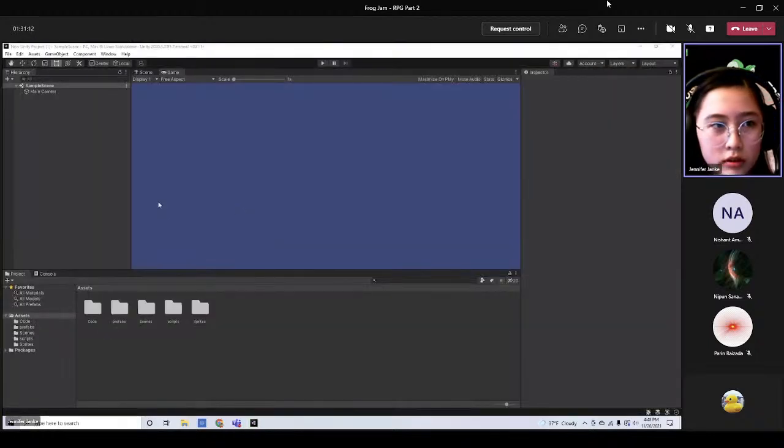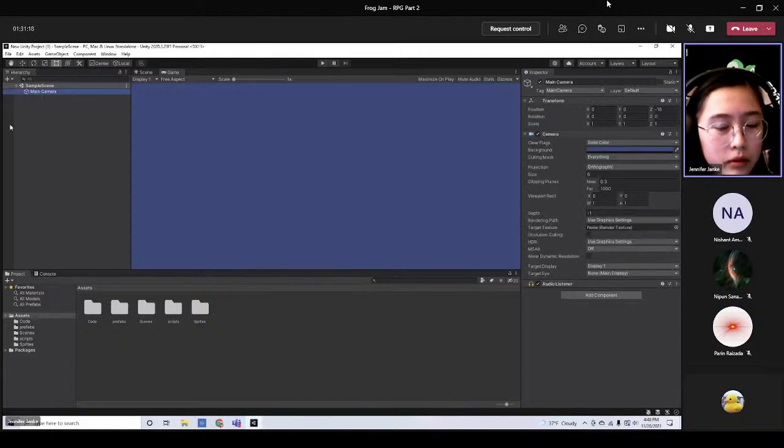So this is loading. Okay, so in our hierarchy, we'll go to our main camera, and you can see we don't have any components, so we don't have a camera follow component, so we're going to add